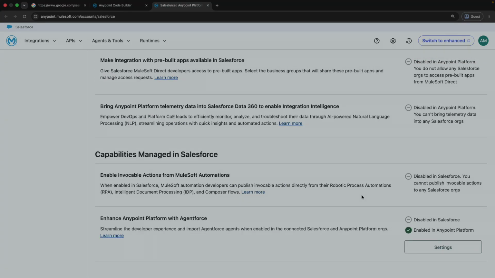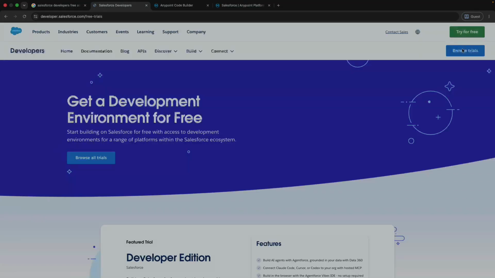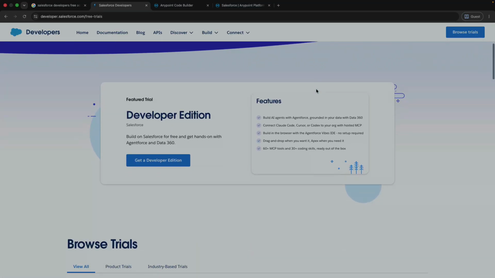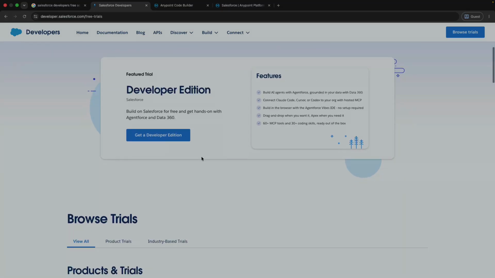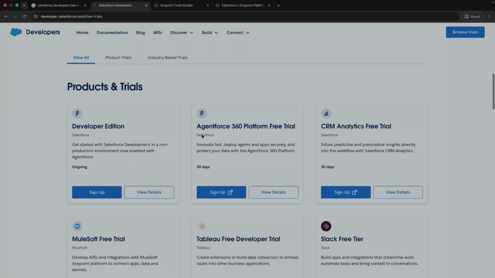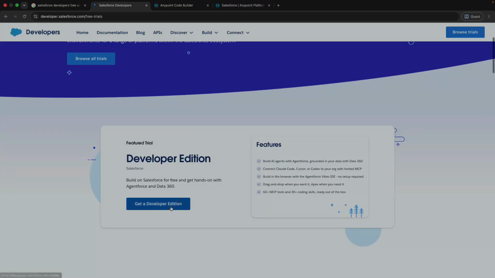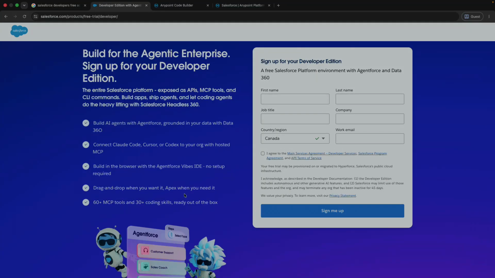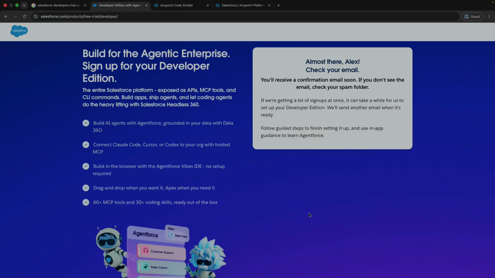So let's head to developer.salesforce.com and then click on free trials. In here, we will be able to see the developer edition. There are other free trials that you can try out, but for now, let's just get a developer edition free trial. Once you add all of your details, just sign me up